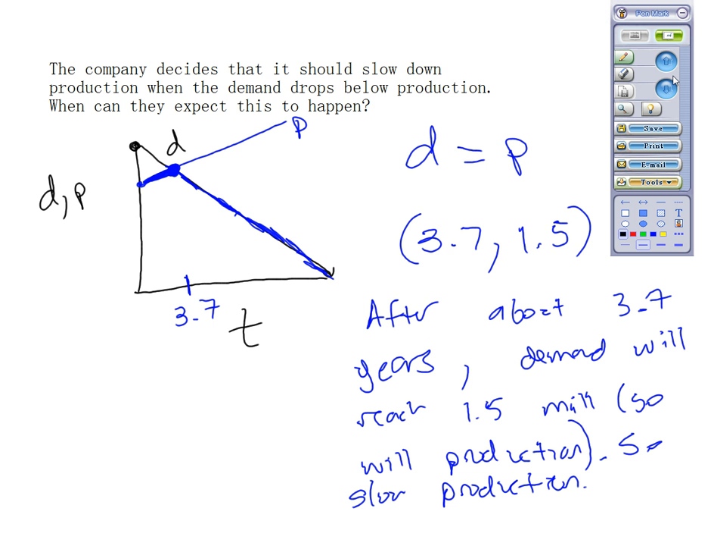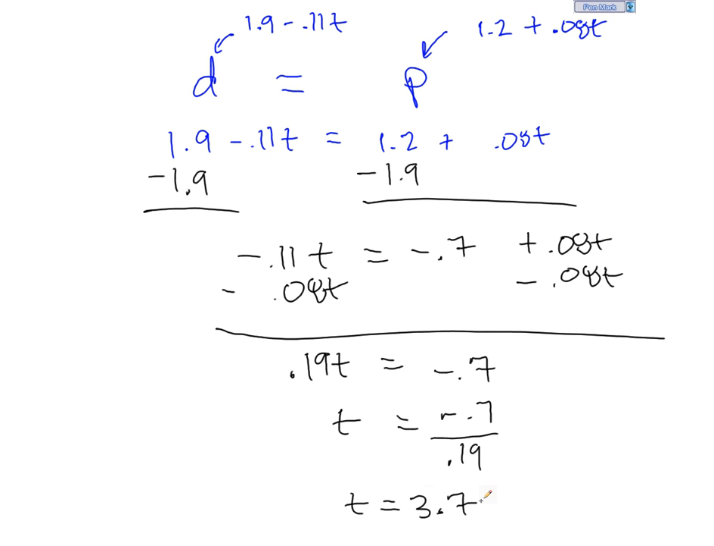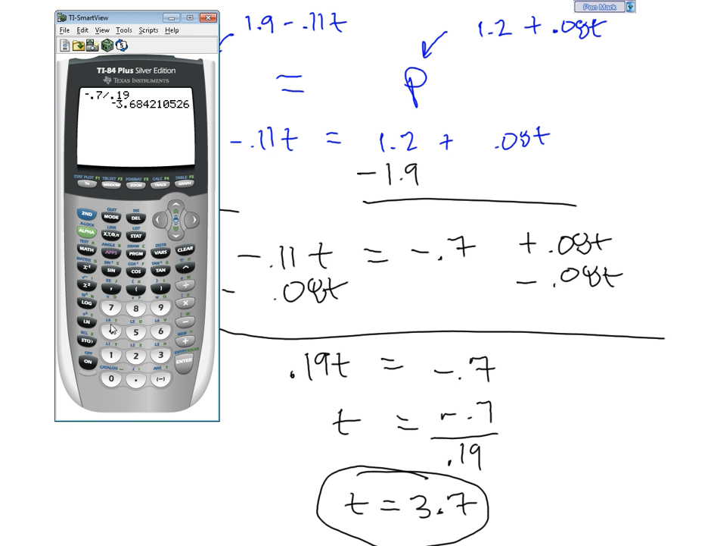same number, 3.7, which is what we got by actually solving graphically. So I now know that time is 3.7 years. Well, that still didn't really answer my question, because I also wanted to know how many units that would correspond to. Well, now I should be able to do 1.9 minus 0.11 times 3.7 and figure out that my